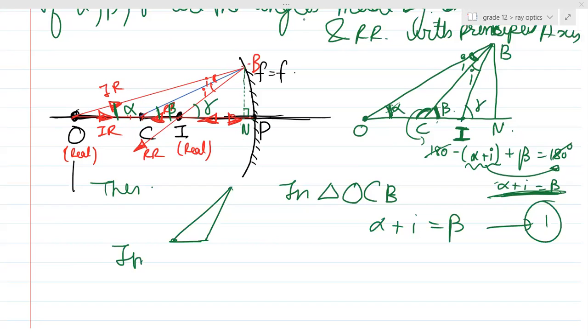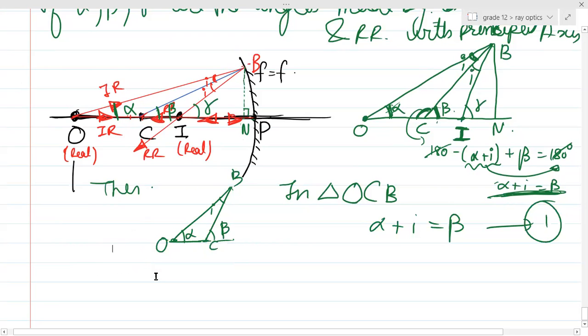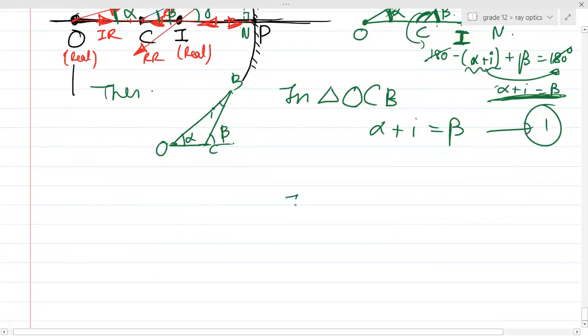So in triangle OCB, alpha plus I is equal to beta. Similarly, in triangle CIB, if this is C, this is I, and this is B. This angle was I, this angle was beta, and this angle was gamma. So can you see from here again by